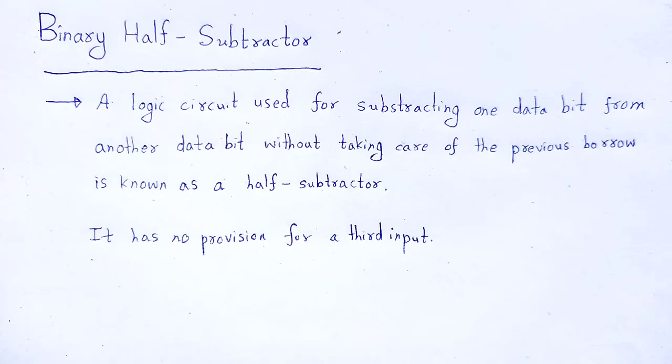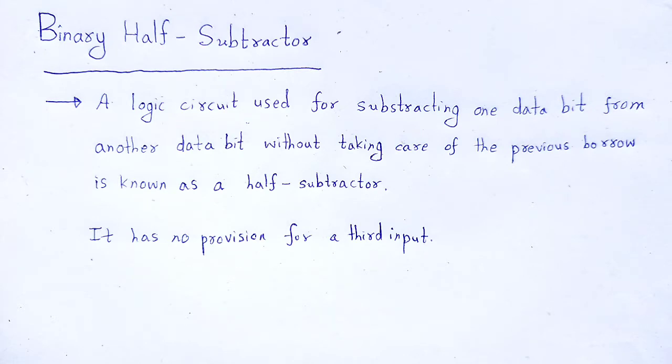Binary half subtractor and binary full subtractor are one kind of arithmetic circuit. That arithmetic circuit is used in an electronic device to perform arithmetic operations. Basically, half subtractor or full subtractor is used to perform the arithmetic operation of subtraction in binary numbers. These arithmetic operations are performed by this kind of arithmetic circuit